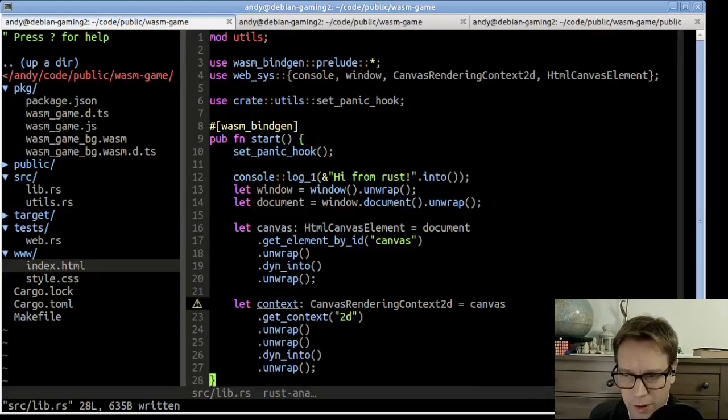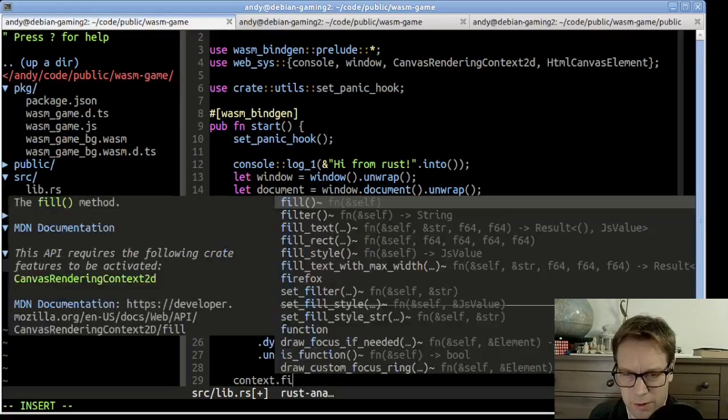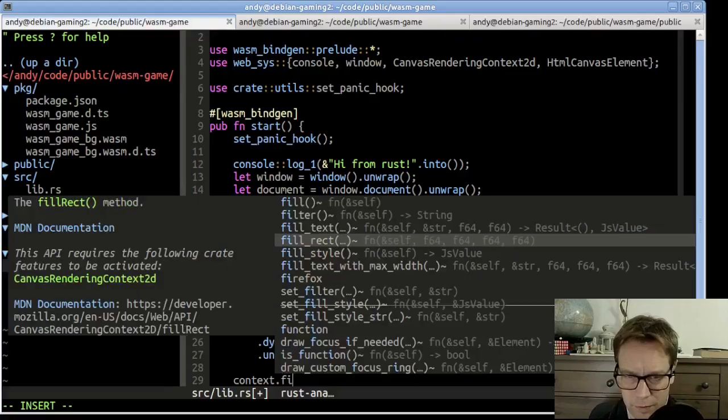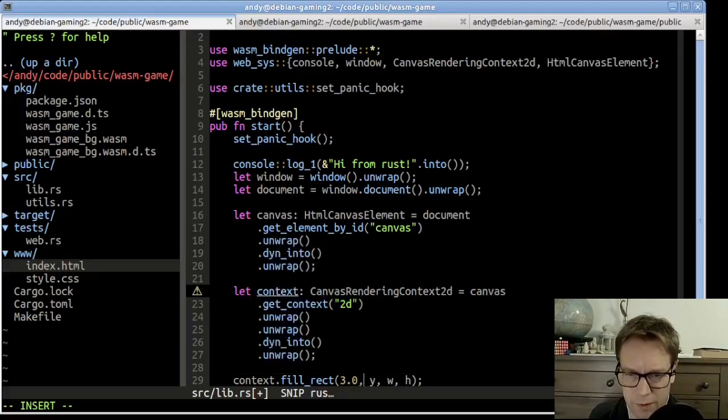So now I've got a context. So now I need to be able to draw something on the canvas, and the way I do that is I say context.fillRect. That means draw a rectangle that's filled in, and for some reason it takes F64s, even though canvas is